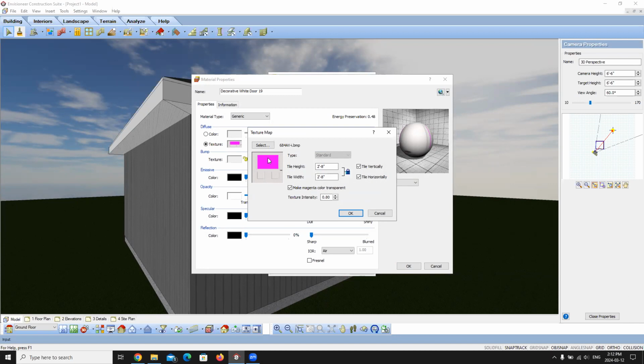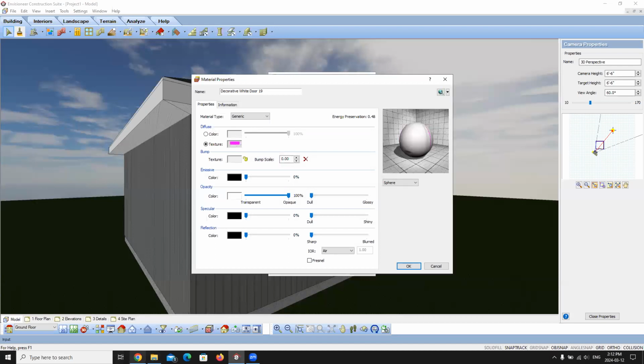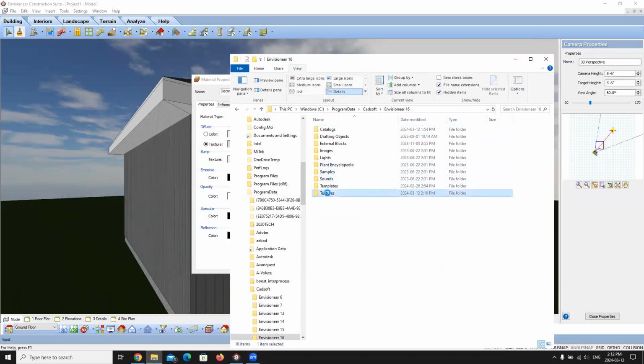Now, a door is just an example of this. There are other applications where you can use this magenta color to get rid of certain areas. Other examples are going to be like using photo boards. You're going to find that some photo boards will have a magenta color on them. And essentially, if I just go into here, we'll go back into textures,